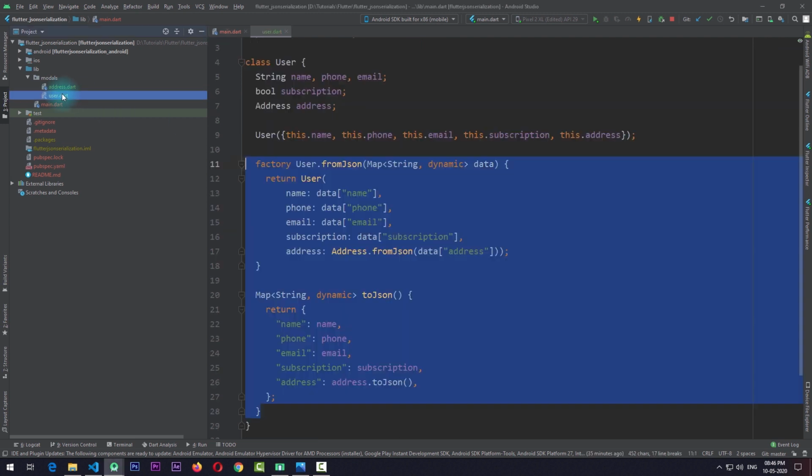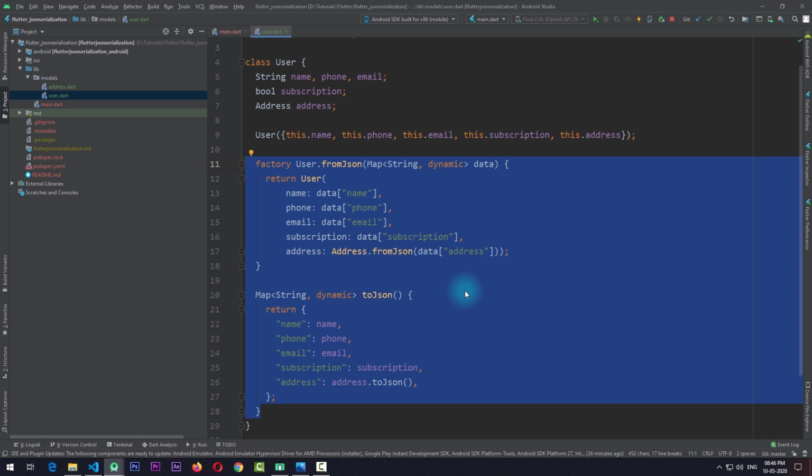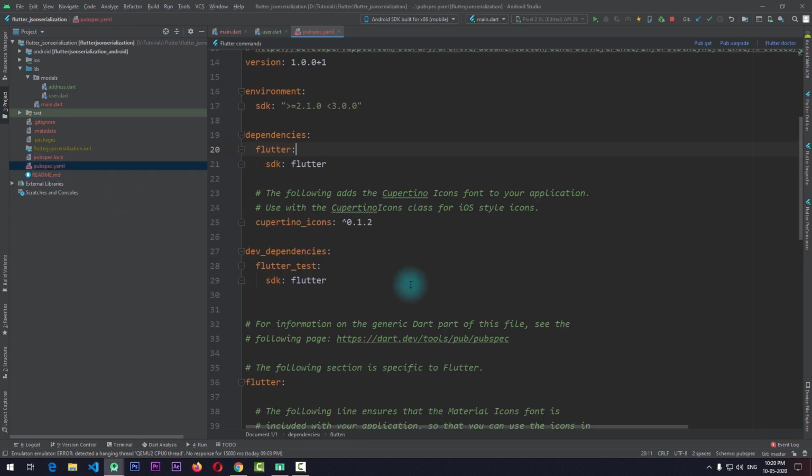So if we come back to the user class, what we have to do is remove all this boilerplate code and create something so that all this code gets created automatically. For this, we have to use a concept called JSON serialization, and for that, we have to add a few packages. The first thing that we need to do now is go to the pubspec.yaml file, and under